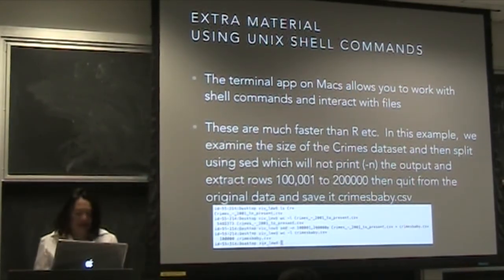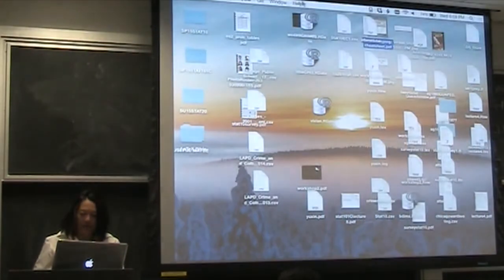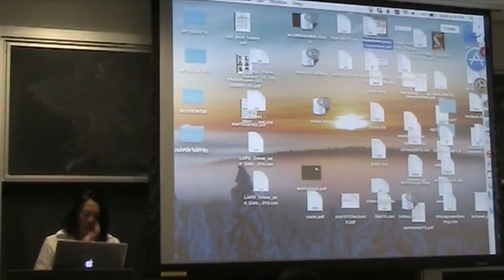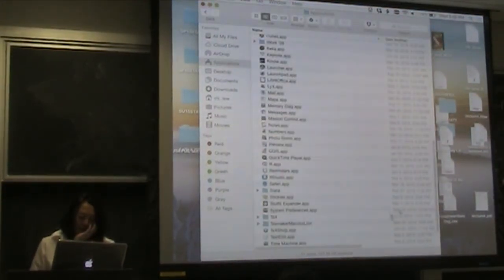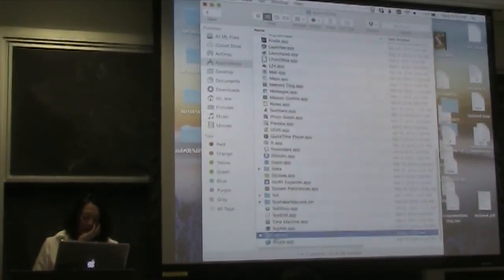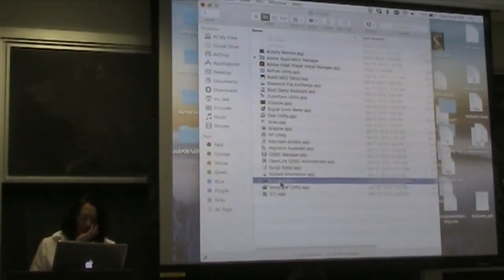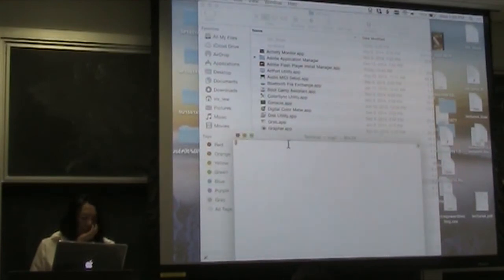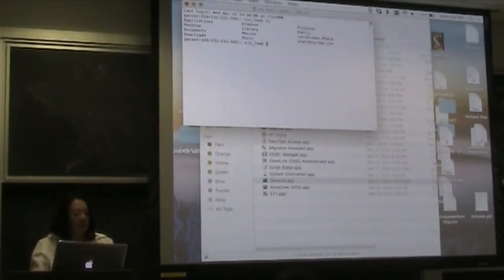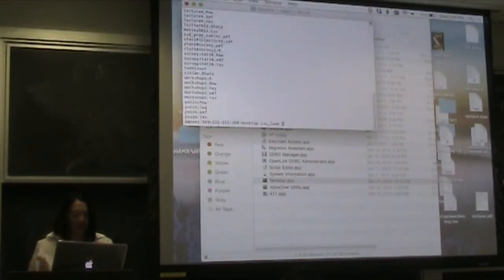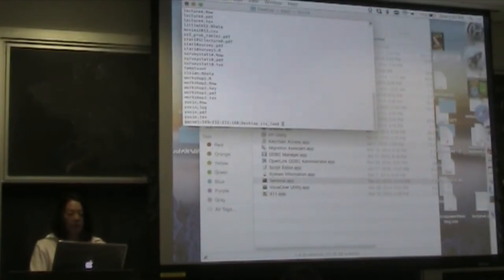Let me give you an idea, if I can find it. The messiest desktop in the world. Under applications, somewhere in here, is utilities. And somewhere in here is a terminal app. And this takes you inside your computer, in my mind. This is where the interesting stuff happens, down in here. Some commands work and it tells you what's going on. You just have to know old-fashioned computing to see what's going on on a hard drive. Okay, so that's what I mean by the terminal app.